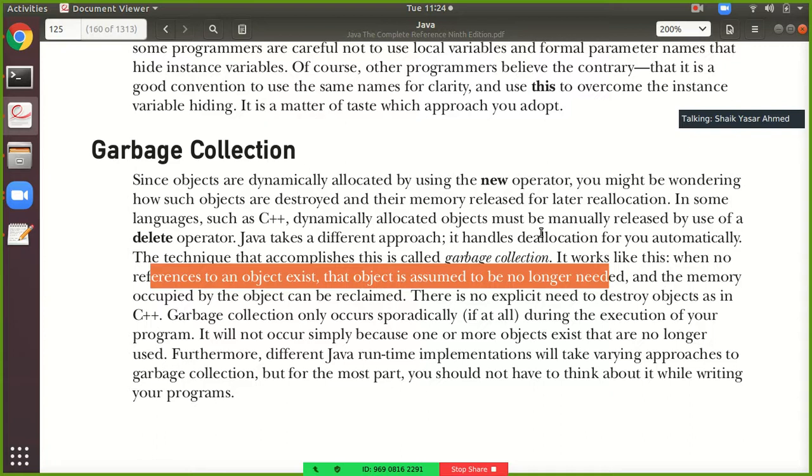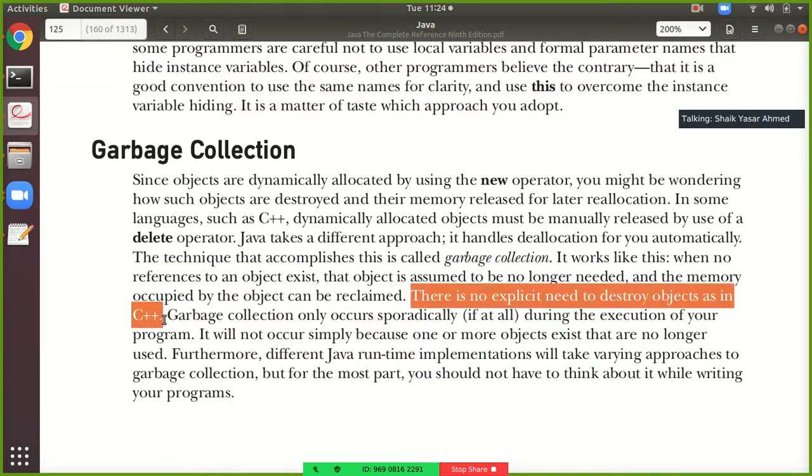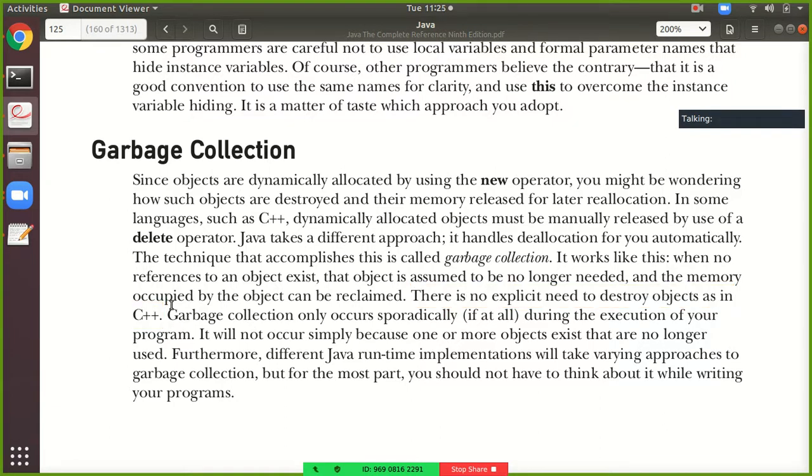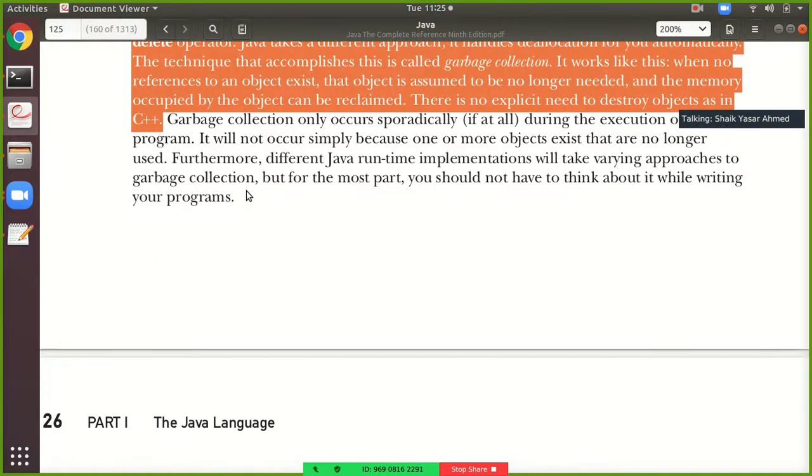There is no explicit need to destroy the object as in C++. Explicit means manually; you need not do it manually. Till here it is fine for you all to remember. This is enough for garbage collection.